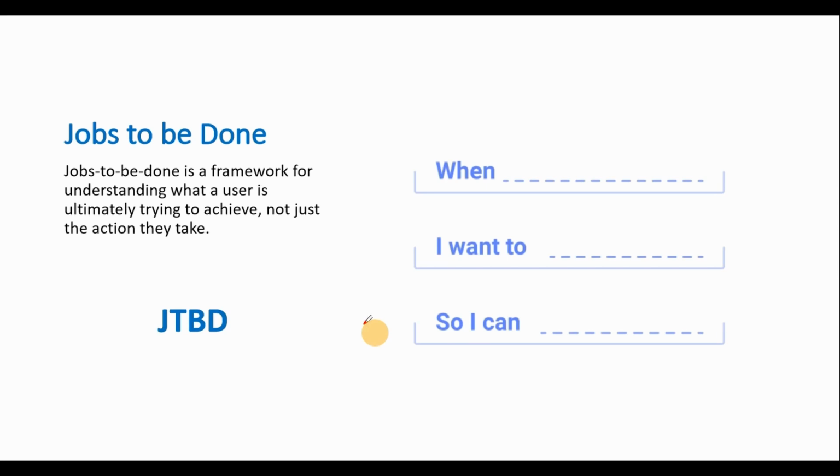You can write JTBD stories as: when this user does this, I want users to see this, so I can get users to be able to do this. Structuring them in this way will help you understand the situation, the motivation, and the intended outcome for the users. So when you create this case, it gives you much more power in handling the responsibility you have at hand. So that's it for